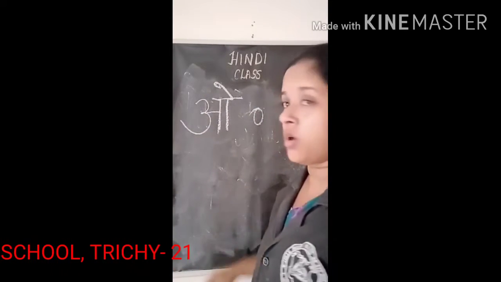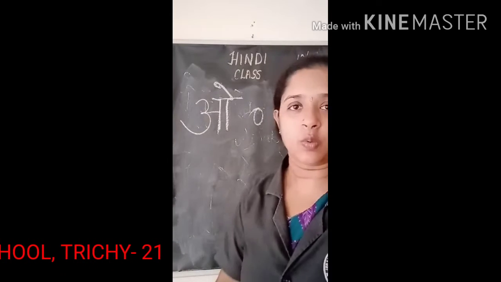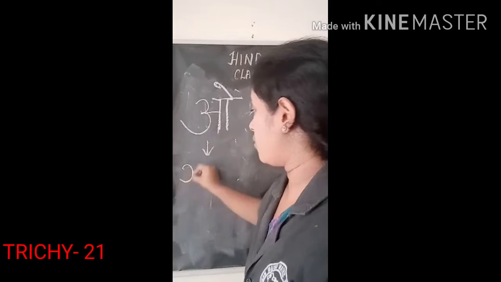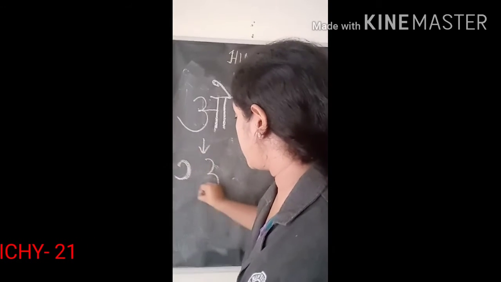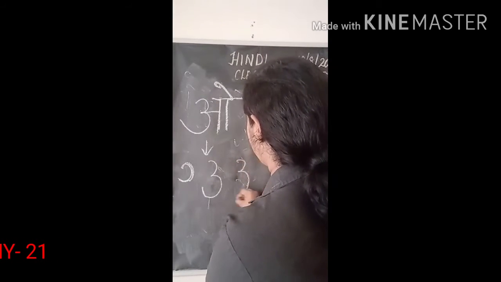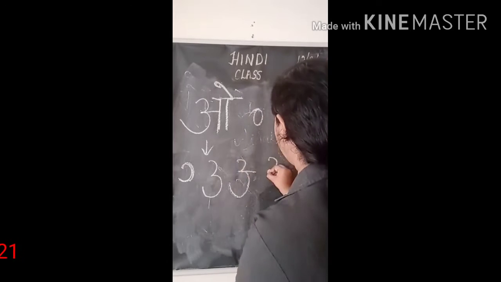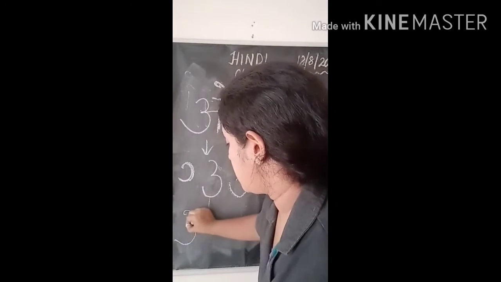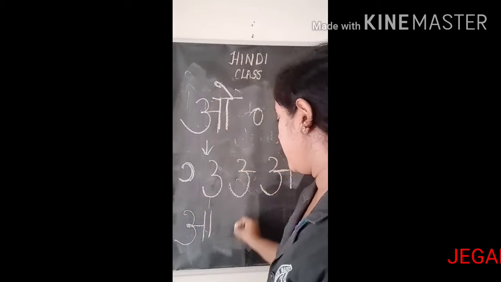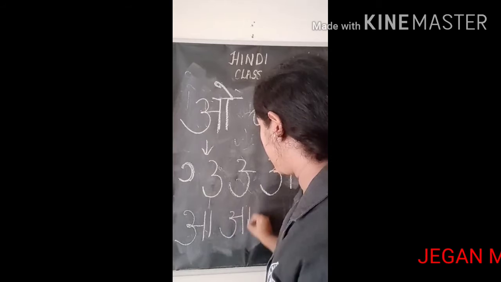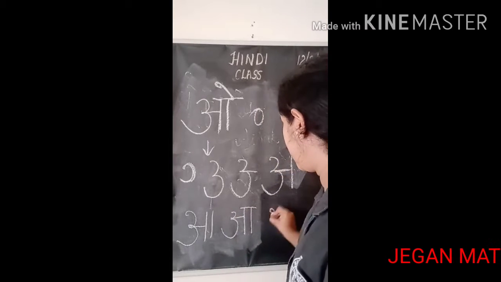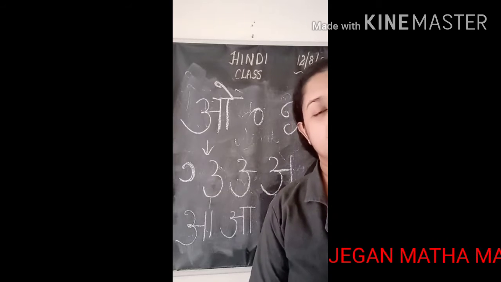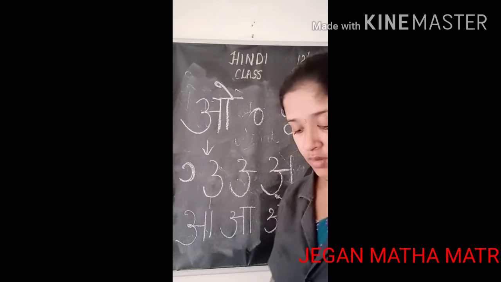In English we call it O, and in Tamil the letter O. Now let's see step by step how to write the swar O. One curve as usual, then two curves, in between one line, then two curves, one line, one straight line, then one line, two lines, then curves, line, two lines, the sleeping line, and finally the symbol. So this is the swar O.